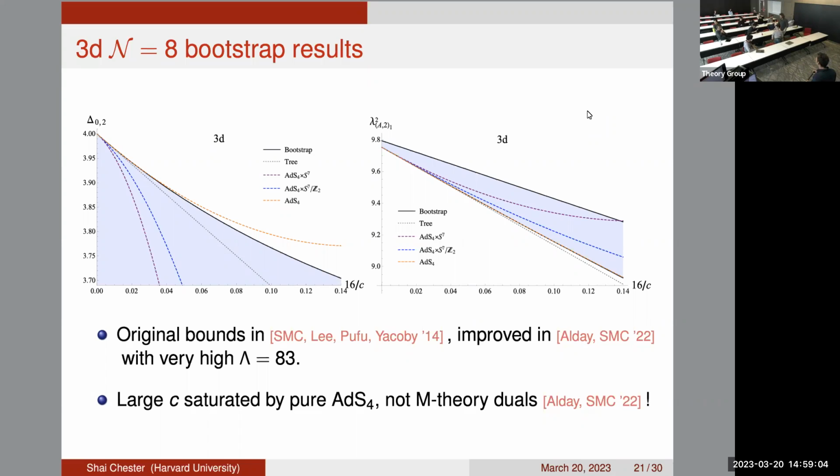I was just wondering about playing this kind of analogous compactification game between 3D and 2D. You take a 3D